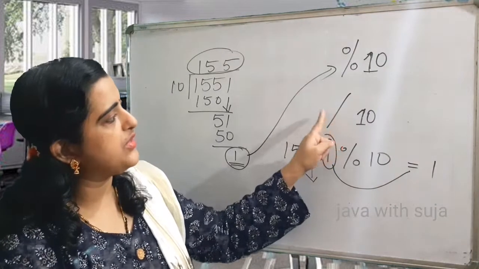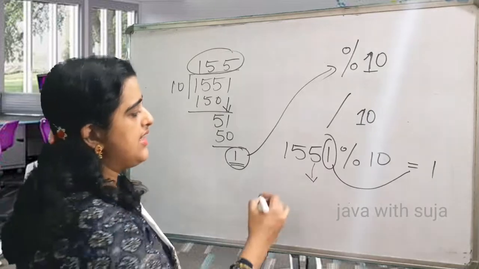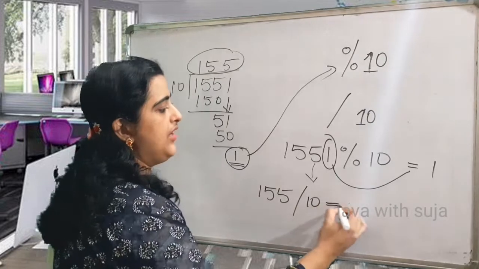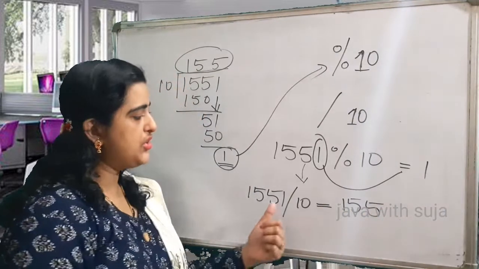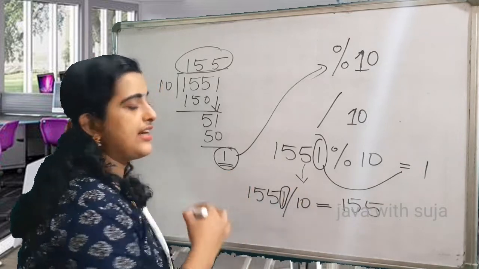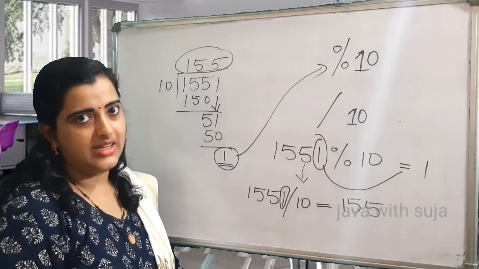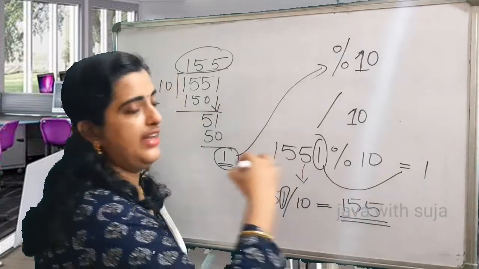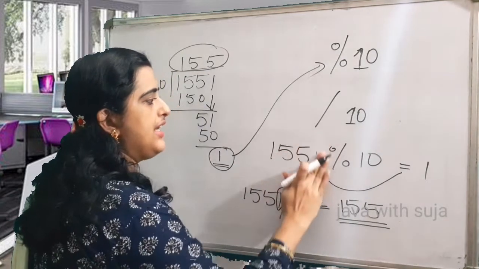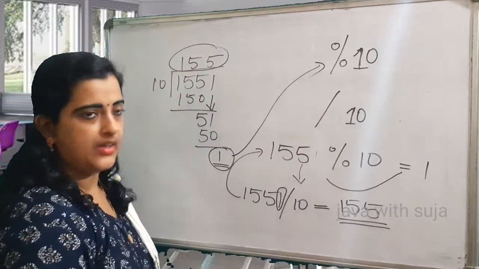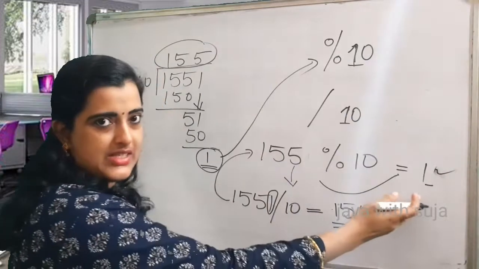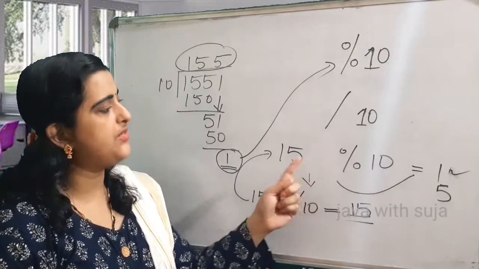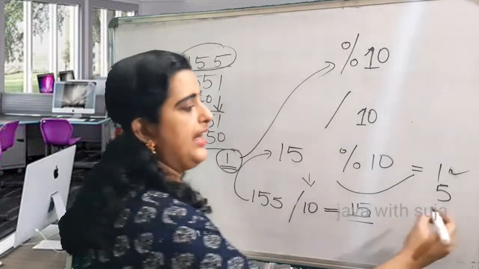For that, we are using the division operator with 10. That is, when we use the division operator with 10, we will get the quotient by omitting the remainder part, omitting the number from the ones place. That is, now our current input becomes 155. Now you can easily use that particular number here. Then you repeat this step. This was our former output. Now our current input is 15. So again we are repeating these steps. 15 modulus 10 will give you again a 5.